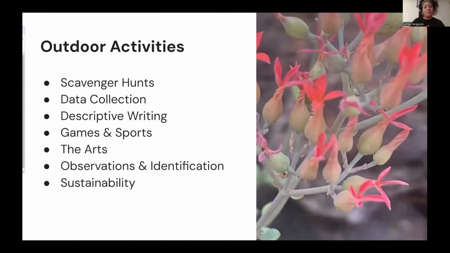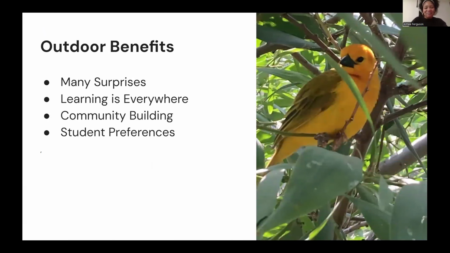So these are some ideas, and I definitely want to talk more, but I know I have some other slides. And as I keep going on, I'll add some more ideas. So we can move on.